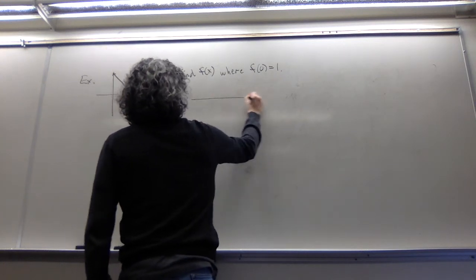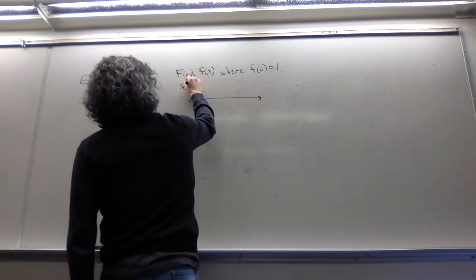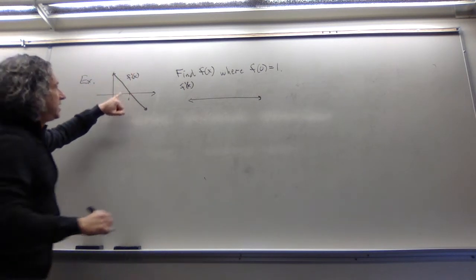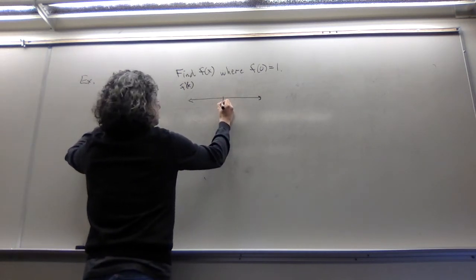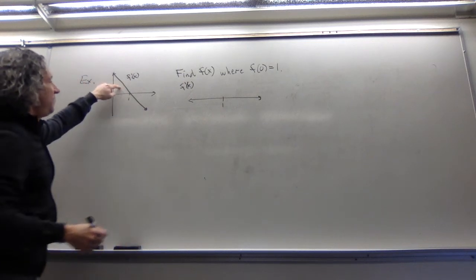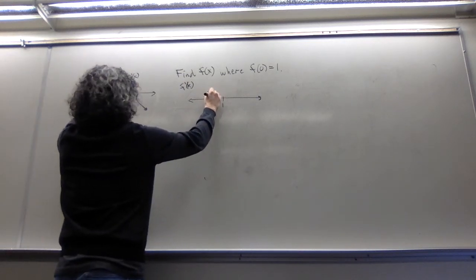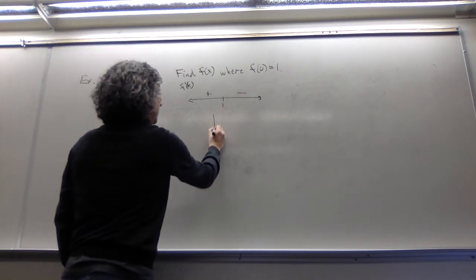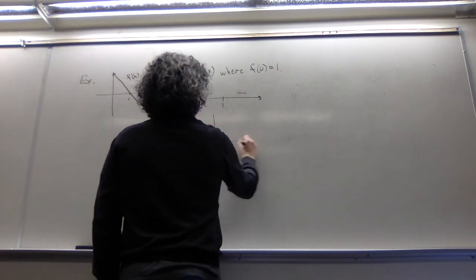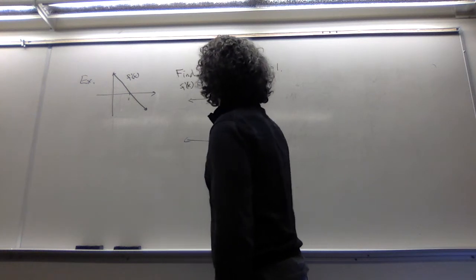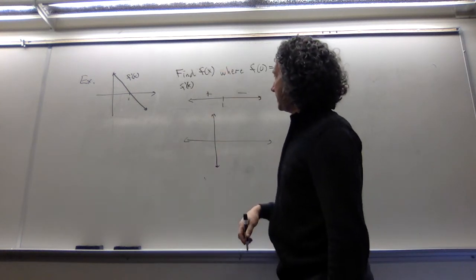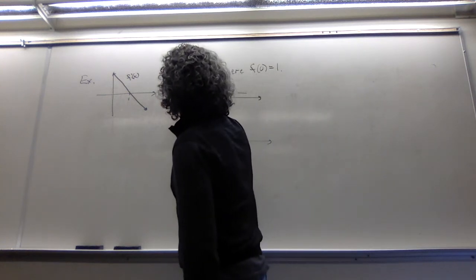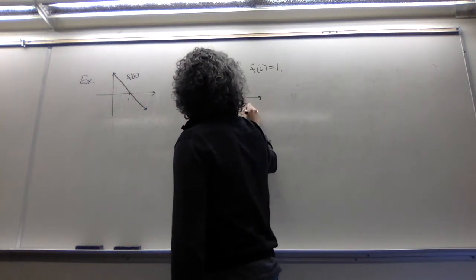Right, once again, what I do is a sign chart. And what I'm interested in is knowing where this guy is positive, where this guy's negative. So at 1, it switches over. F prime is positive here. F prime is negative over here. I find it helpful to then do my sketch right below the axis so that I can see what's going on. I also find it helpful to actually write in my f of x.